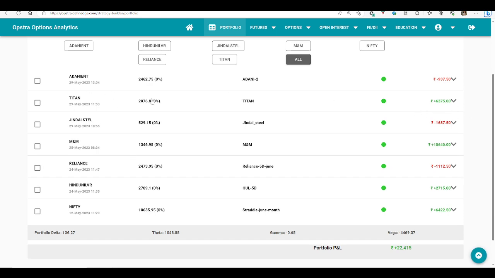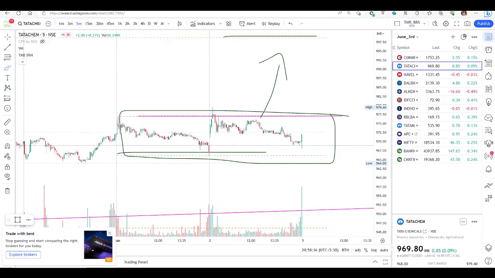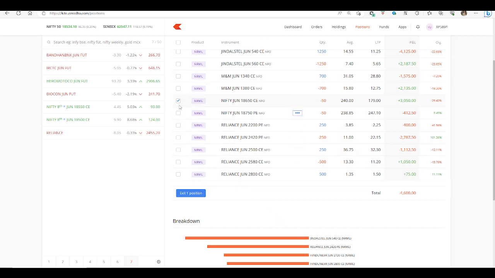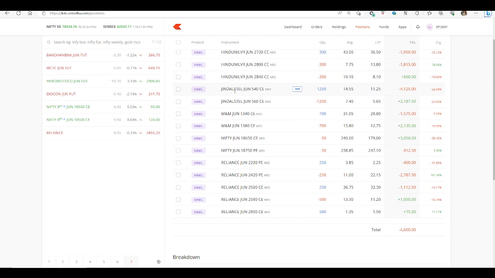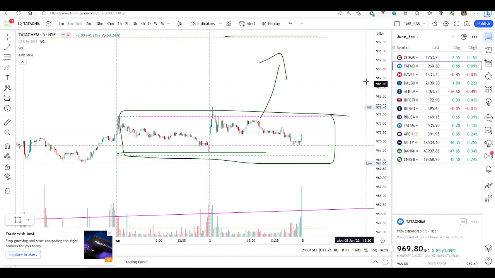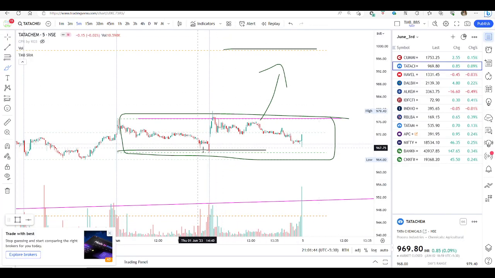Okay, Adani, just for testing purposes I made. Jindal Steel, the metal sector is bullish, I feel, and that's why I took the position in Jindal Steel, but my view went wrong. It has not reached the position where I can do the adjustment, but it is holding. Okay, this is what I would like to show you, the status of my trade details and my trade plans. Okay, all these things. That's all from my side.